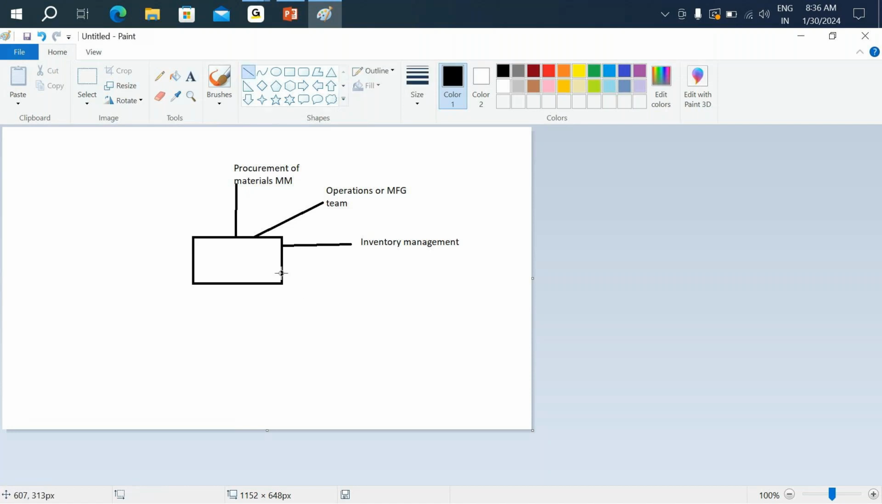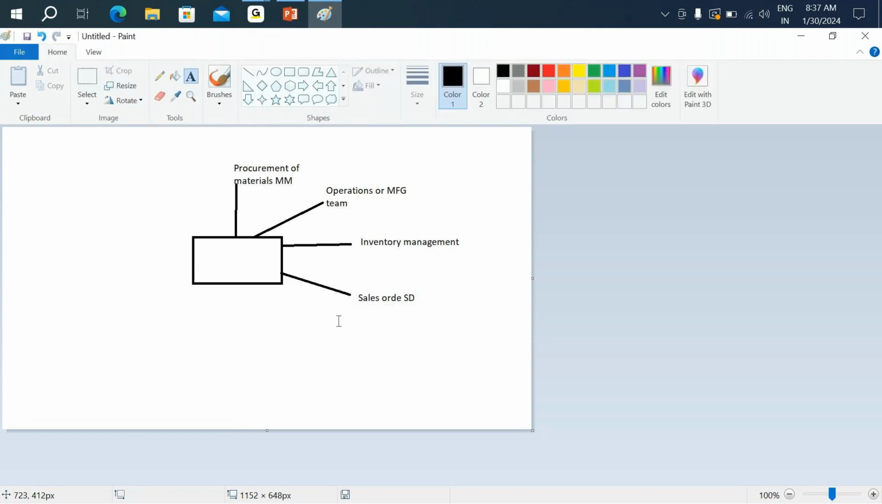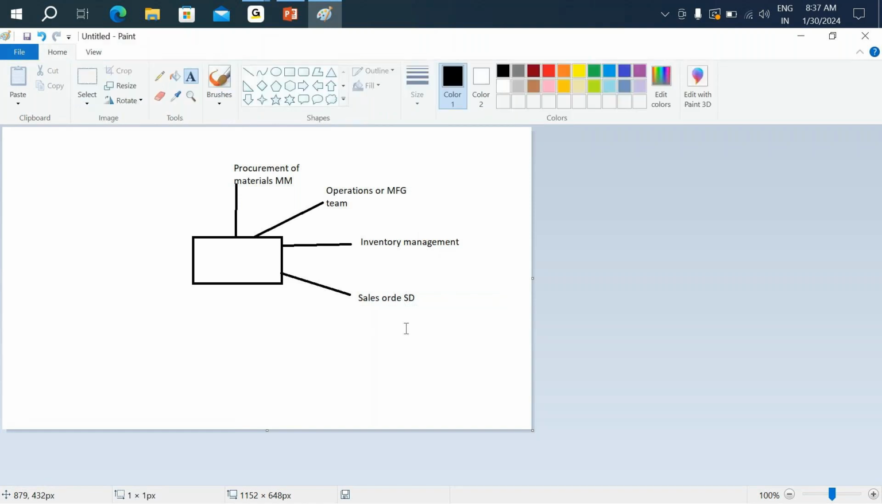Then you'll have an order. So a consumer or a distributor will be placing a bulk order to you that okay, I'll need this many chocolates. So that is nothing but your sales. So you have a sales order here. So this will be taken care of by your SD consultant, right? Once your sales order is created,